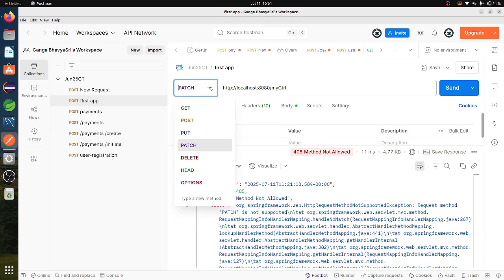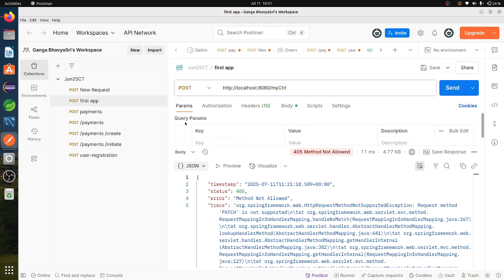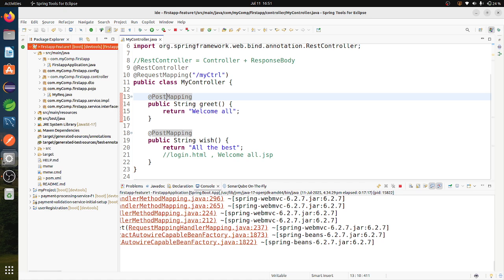So now I will use post here, because it is of post type.